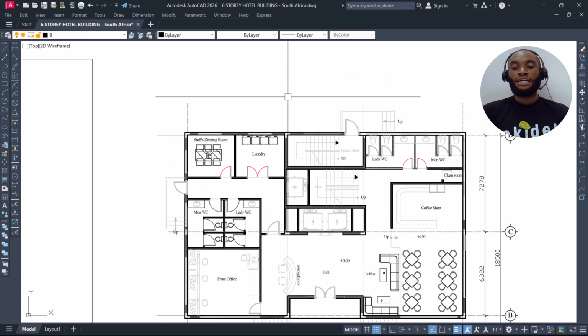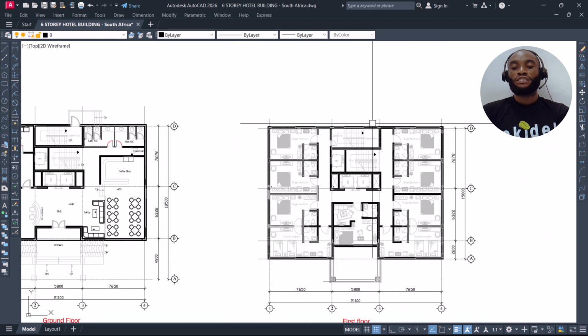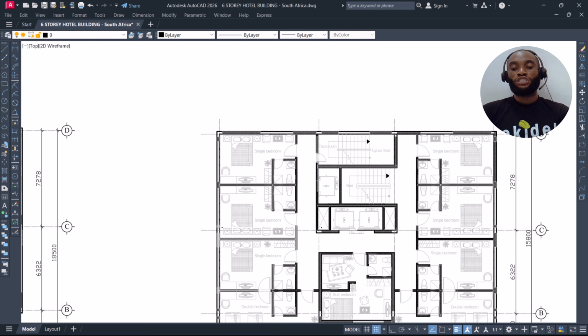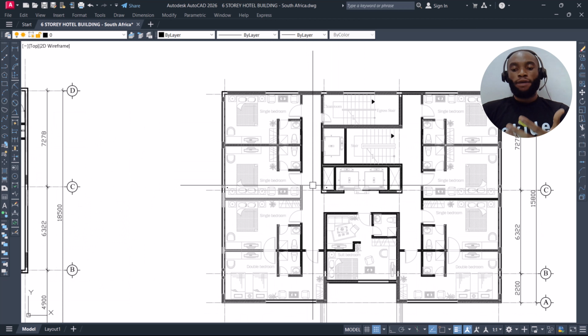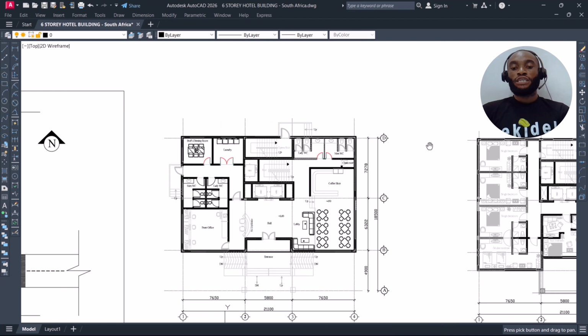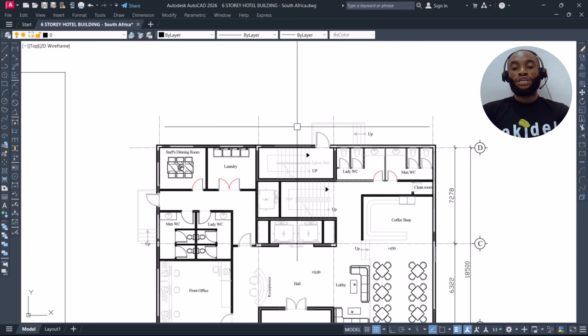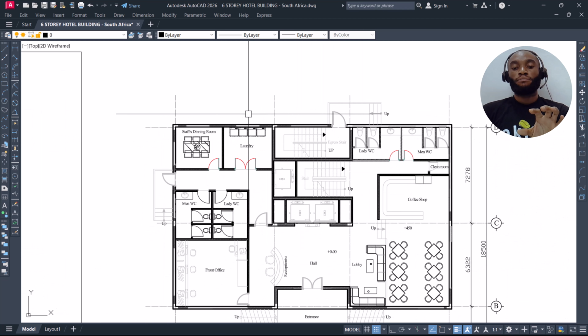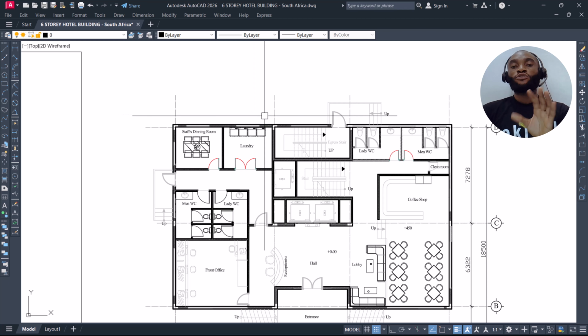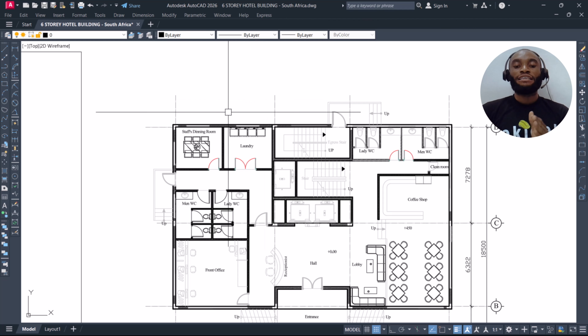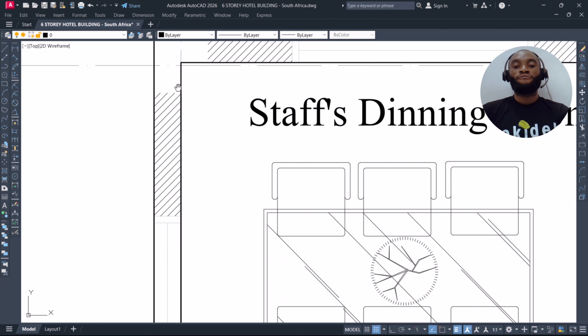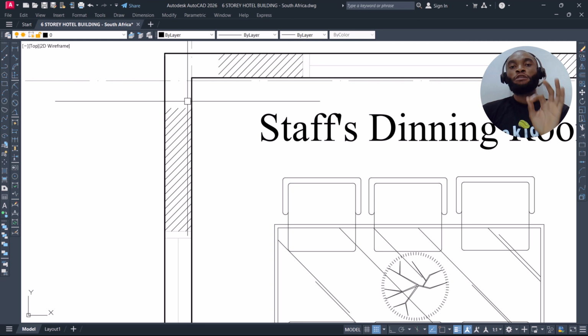So you can see that this building plan came with grid lines, which I can choose to maintain or create my own structural grid lines. Okay, that is fine. Now, I want to maintain these grid lines, which came with the building plan. But if at all the building you're using didn't come with a grid line or axis, you can create your grid line at the midpoint of every vertical wall or at the midpoint of where you want